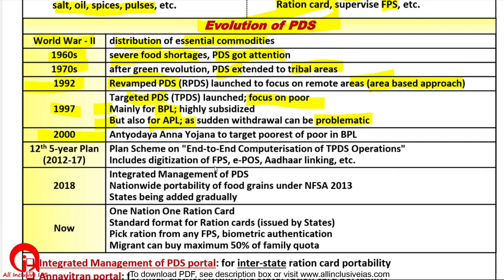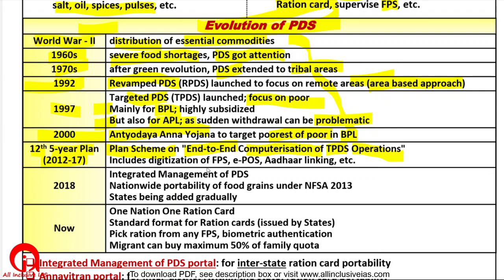In the year 2000, the government launched Antyodaya Anna Yojana to target the poorest of the poor among below poverty line people. During the 12th Five-Year Plan, that is from 2012 to 2017, the government initiated a scheme called end-to-end computerization of targeted PDS operations. See, PDS has existed since independence, but it has evolved. Through this plan scheme, what the government said was that we are going to computerize, we are going to digitalize